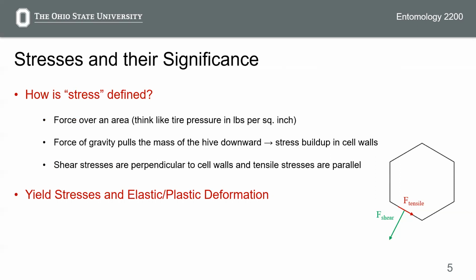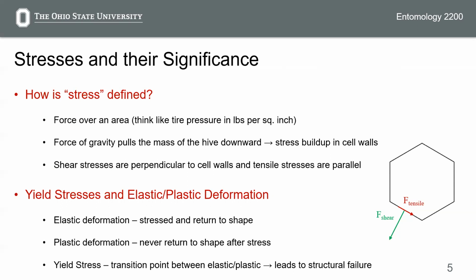when I say stresses. Mathematically, stress is defined as force divided by the area it's acting on. For example, something like tire pressure in PSI is a form of stress. Inside the hive, then, as gravity pulls down, what's called tensile and shear stresses get built up in the walls of the cells, which try to both stretch them in the case of tensile and tear them in the case of shearing. When something undergoes any amount of stress, it will deform either elastically or plastically, depending on the magnitude